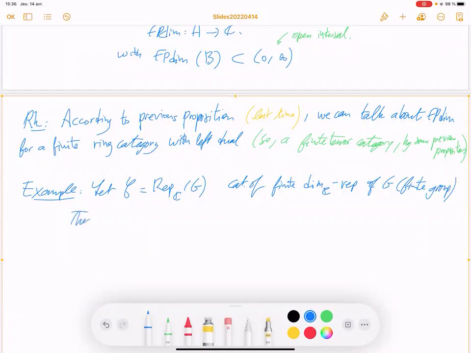Then, in fact, it's easy to check the Frobenius-Perron dimension of a representation V is exactly the complex dimension of V. So in this case, you exactly recover a